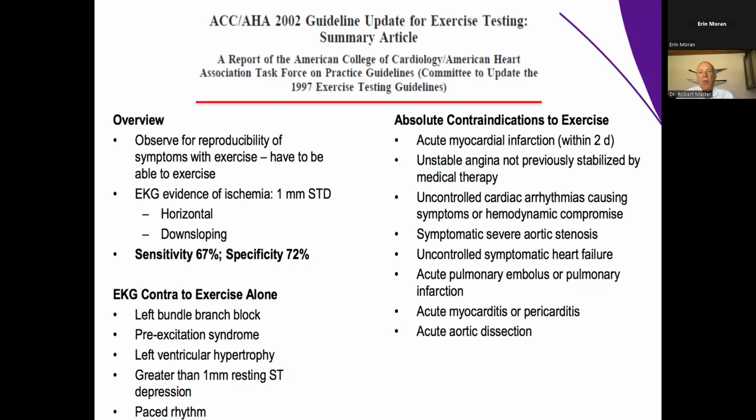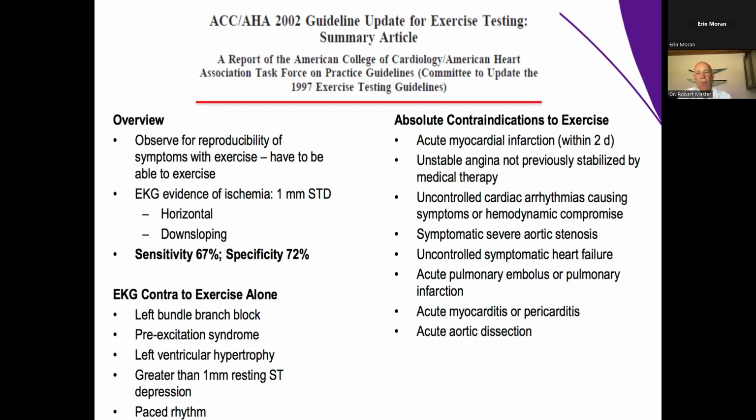The absolute contraindications to exercise, I think, are pretty intuitive. You don't want someone with a recent myocardial infarction or unstable angina, an uncontrolled arrhythmia, or severe symptomatic aortic stenosis. I used to use stress testing in people who had asymptomatic, but what I felt were severe aortic stenosis, to see